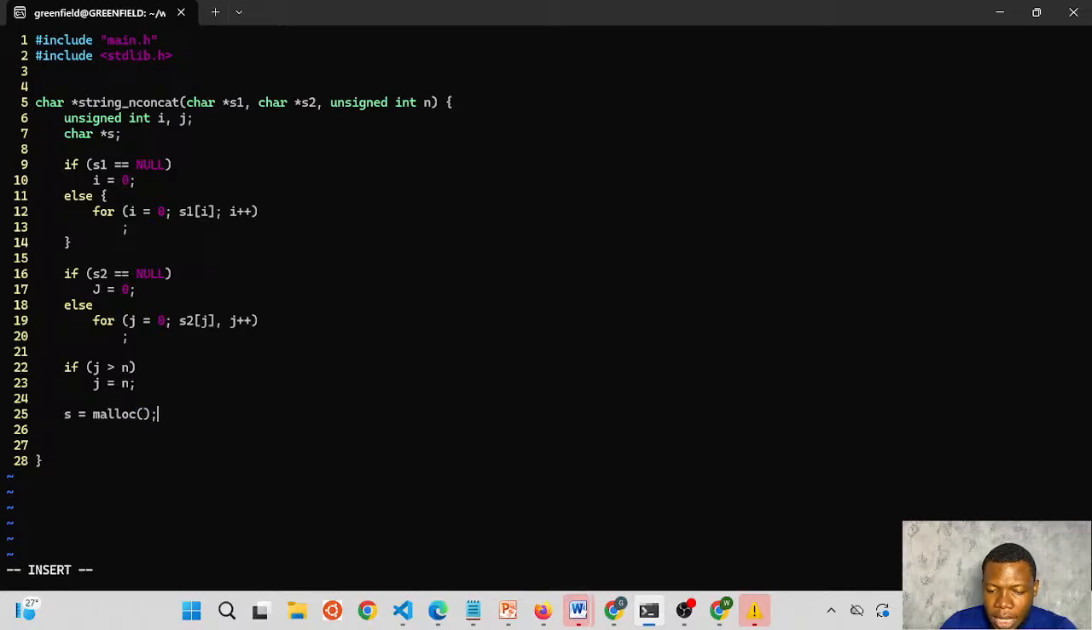And what is the size that we want to create? How many bytes do we want to give to s? The total number of bytes that this function requires to save characters s1 and s2 is, we first of all know the size of, okay, let's say sizeof char, right? Size of a character times,